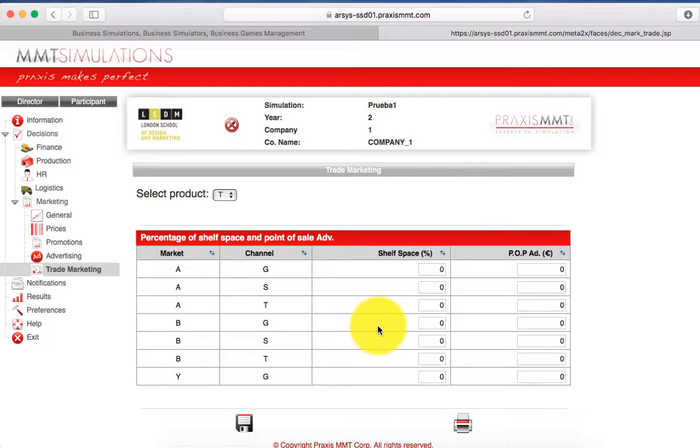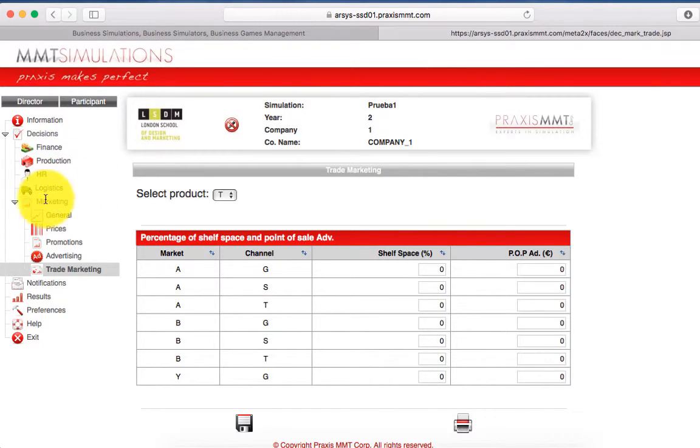So you try to propose, I want to achieve 30% of your space, or 50%, or whatever you think is useful for your strategy, and then the amount of money that you want to invest in the retailer space. You have this information, of course, in a more detailed way in your scenario.